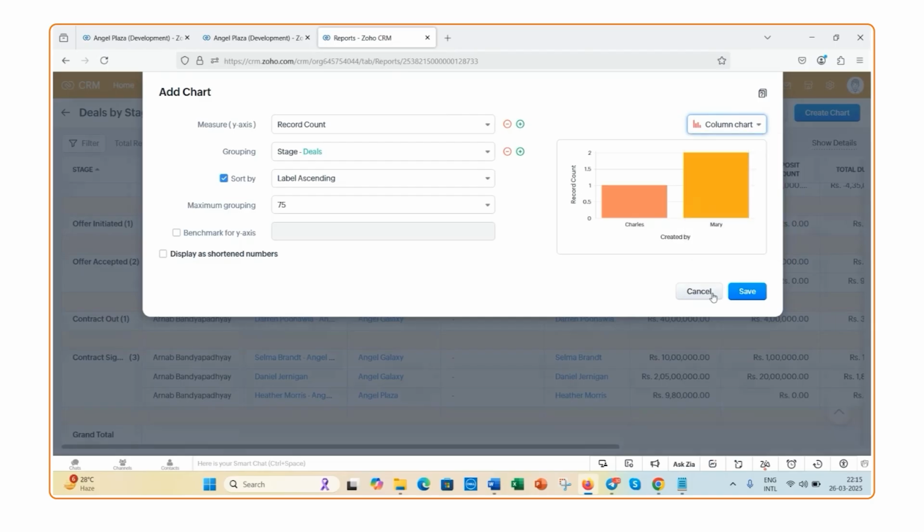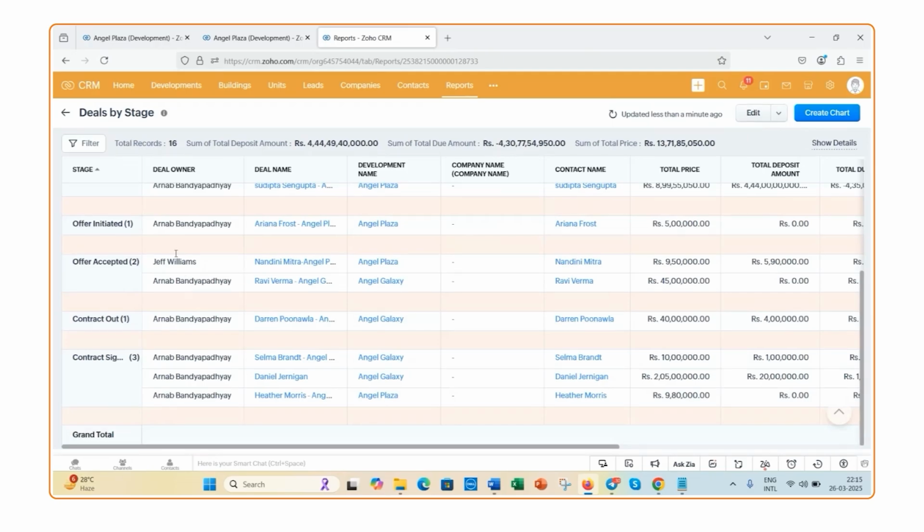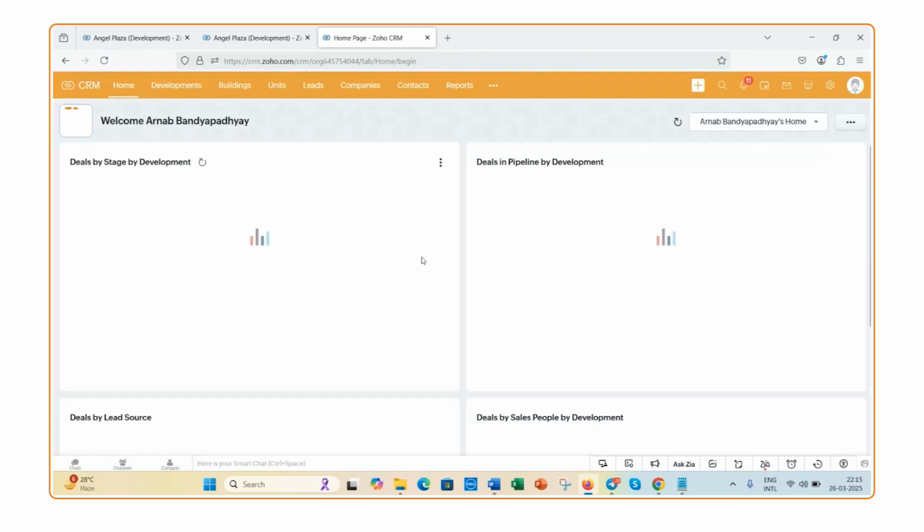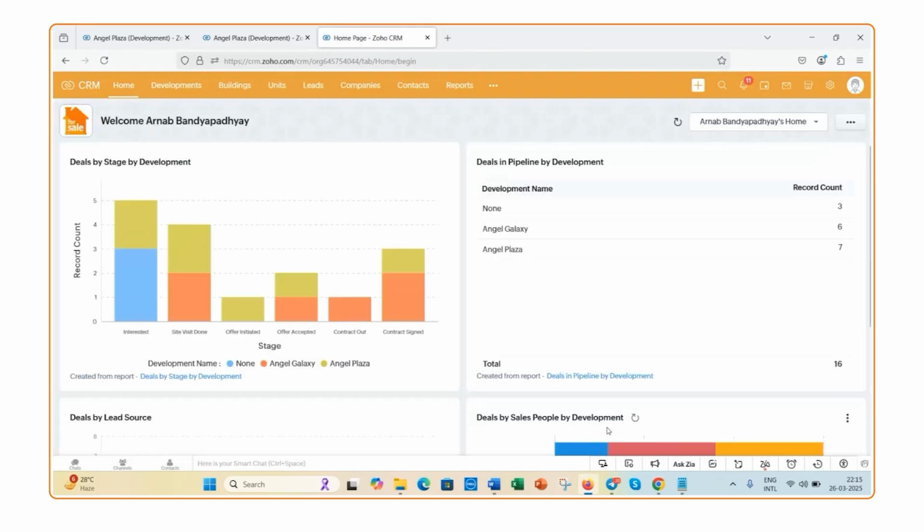So yes, that is pretty much the entire flow of the real estate developer CRM. If you think this is something that matches your requirements, or even if you need some tweaking or customization, which is also an available option, all you need to do is come to our website, which is